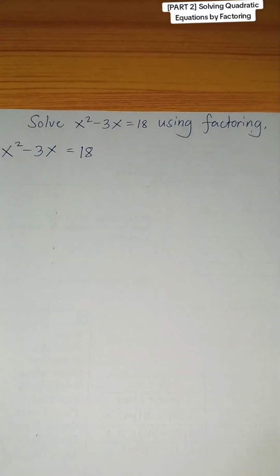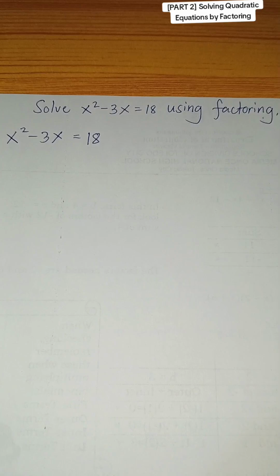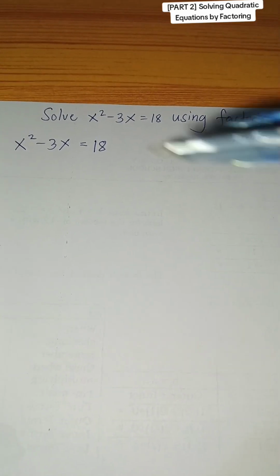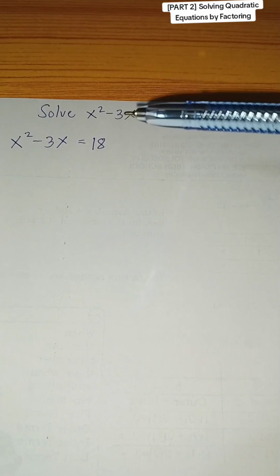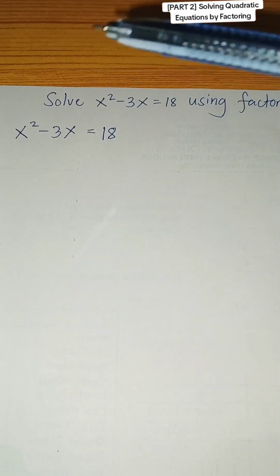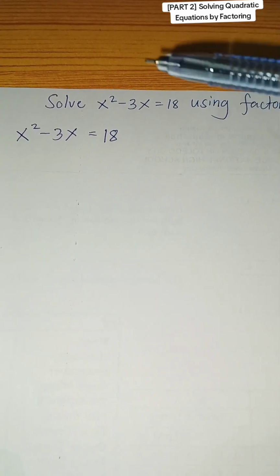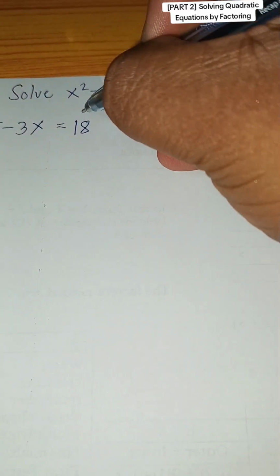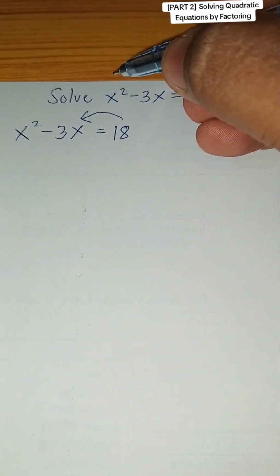Solve x squared minus 3x equals 18 using factoring. So atong i-solve ni siya using factoring. So before na to siya i-solve, ato usang i-change usa ang x squared minus 3x equals 18 to standard form. So ato running i-transpose ang 18 sa left. So it becomes x squared